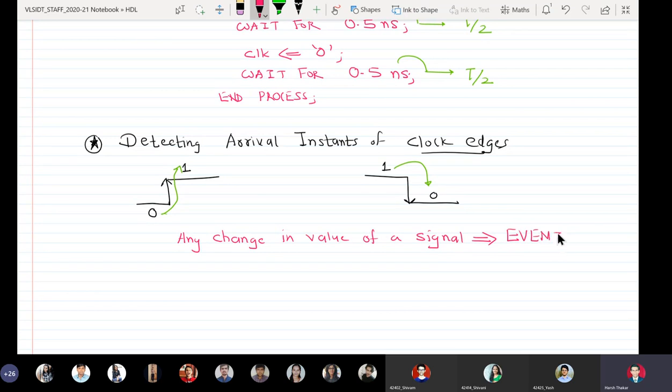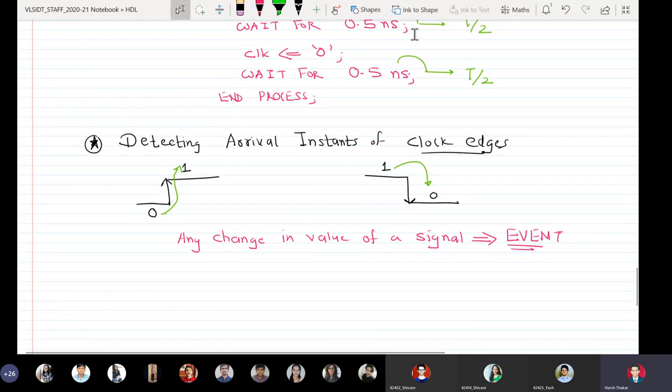Okay, so I told you that when the clock is at logic 1 level or at logic 0 level, because it has a constant value, we cannot say that an event is occurring. But whenever the clock changes its state from 0 to 1 or 1 to 0, we say that a 0 to 1 event has occurred, that is a rising edge, or a 1 to 0 event has occurred, that is a